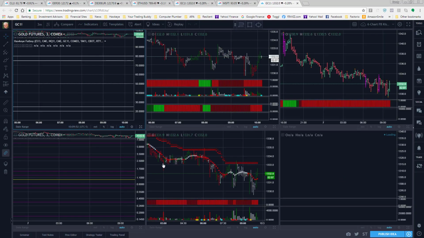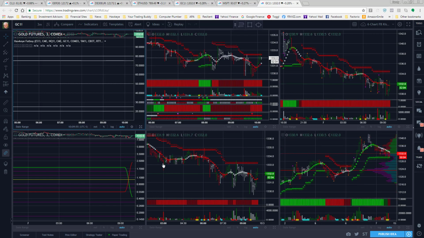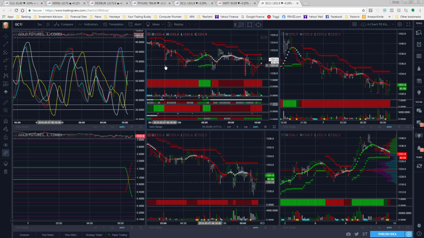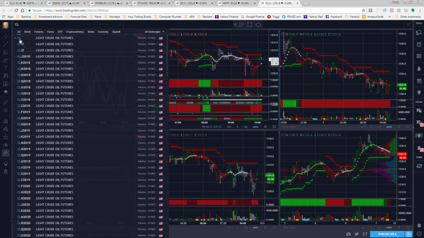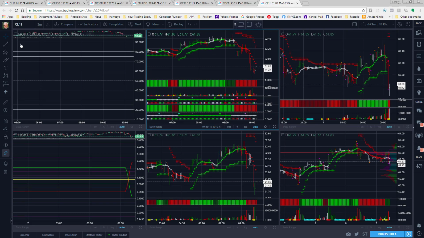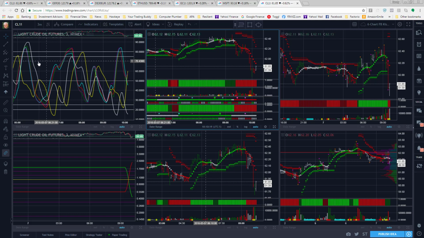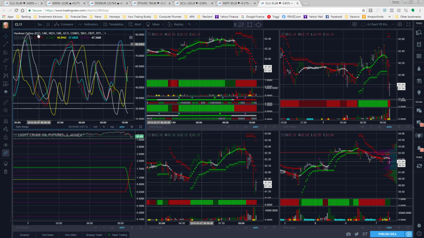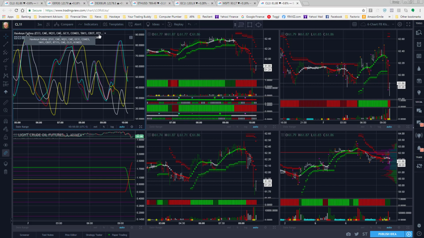This one has 6 charts set up where it's using the Fat Boy and Kiss, and this particular one looks like we're looking at gold. But let me change that to crude oil. Looks like I have all these linked, so that's nice. And you can see that the Fat Boy is set up so that I'm looking specifically at the S&P, the NASDAQ, gold, YM, Russell, and